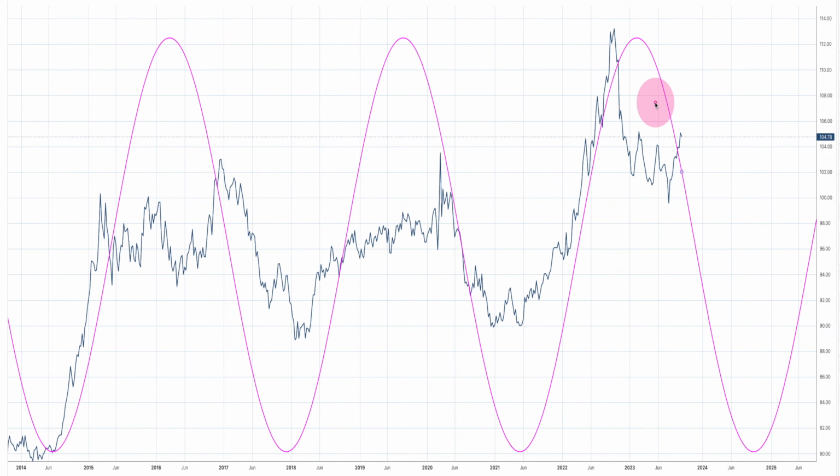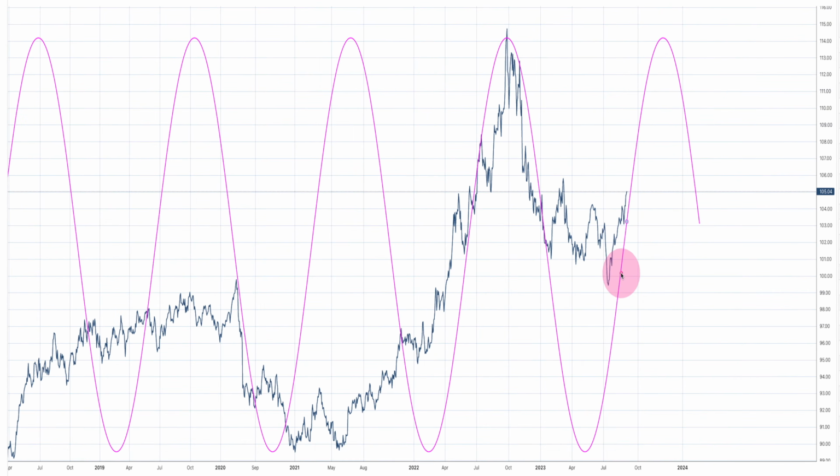So let's look at the daily and see what the daily is indicating. Okay, so looking at the daily cycle, the cycle that is dominant here is the 322. We see a low here somewhere around the 9th of May 2023, and it looks like it bounced and then made a final low. So it came in early, and then the low came in somewhere around July, and then got this nice little pop. Now the peak of this cycle is going to be hitting around November 22nd of 2023.